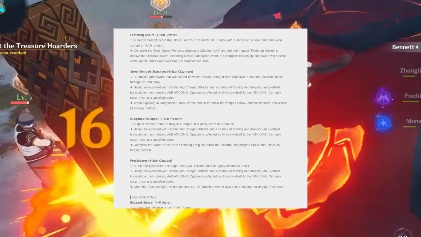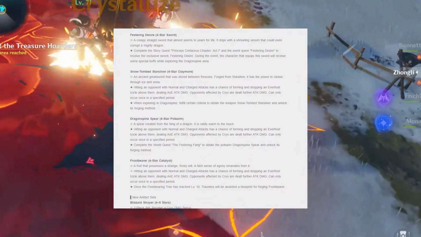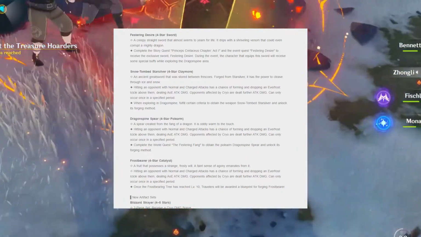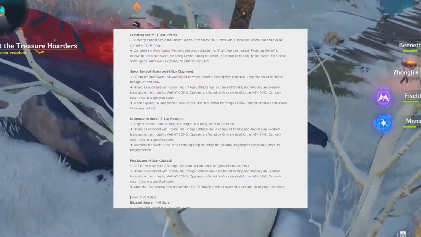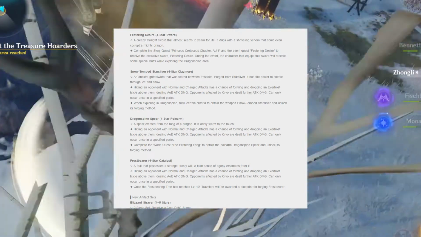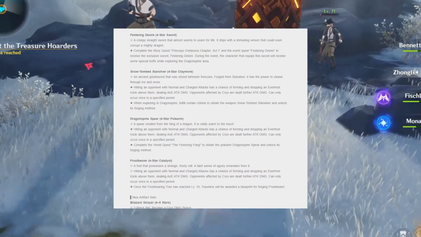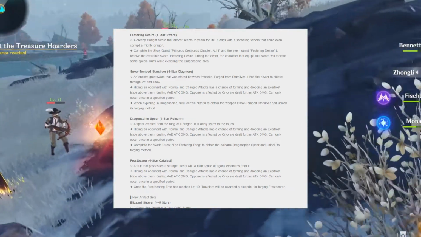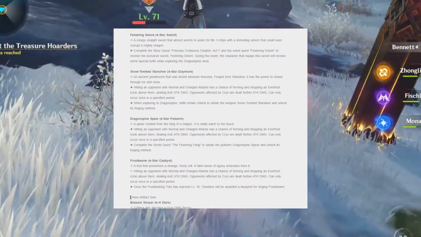all of them have the same passive as they belong to the same weapon theme, so I'll just go over it once. Hitting an opponent with normal and charge attacks has a chance of forming and dropping an Everfrost Icicle above them, dealing AoE attack damage. Opponents affected by Cryo are dealt further attack damage, and this can only occur once in a specified period. Now, in order to obtain this claymore, you had to explore Dragonspine and fulfill certain criteria to